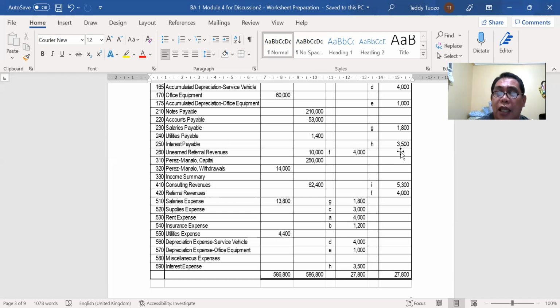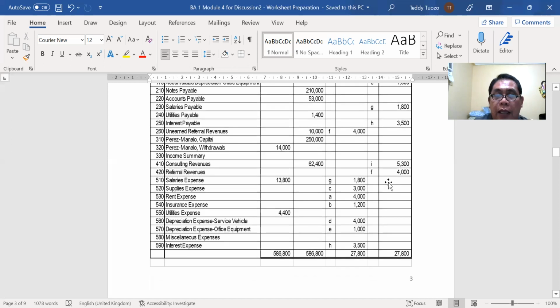Ang accrued expenses, dili siya itibo sa accrued expense account, which is in practice the account title for accrued expenses, no? So taglain-lain na lamang for purposes of discussion. You have salaries payable, utilities payable, and the interest payable. And then